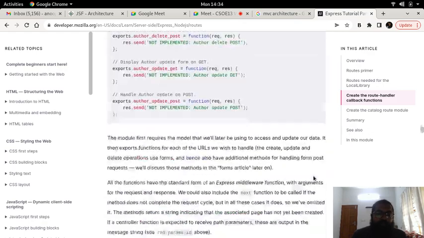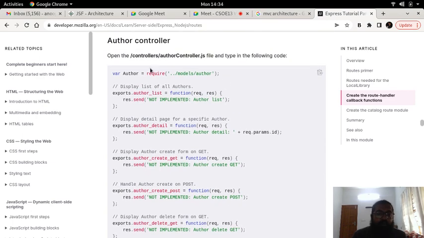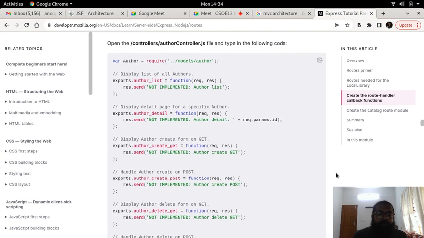Here they have mentioned different other controllers. You have a function which will display the authors list, and that will be associated with the function defined over here.